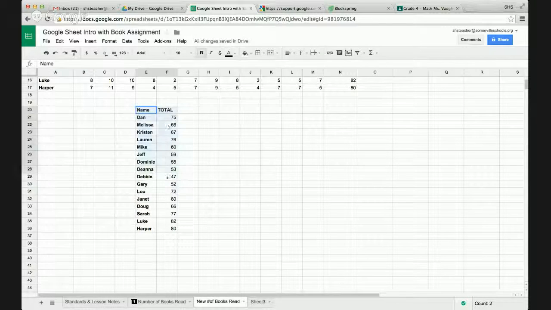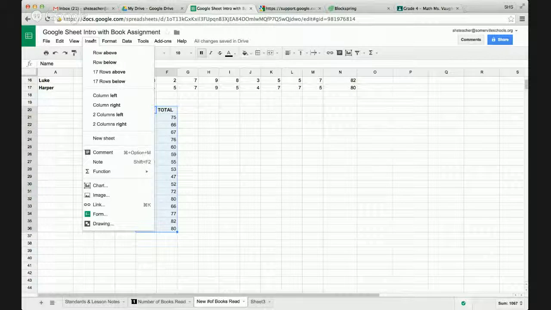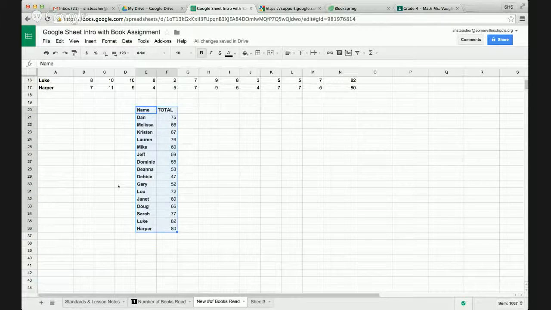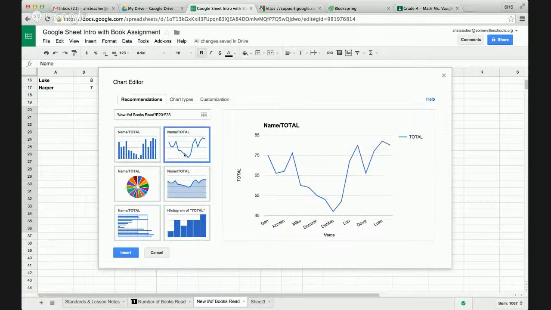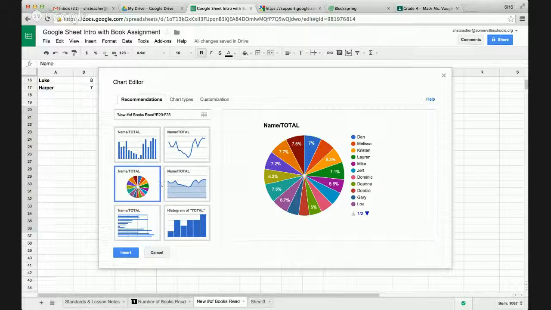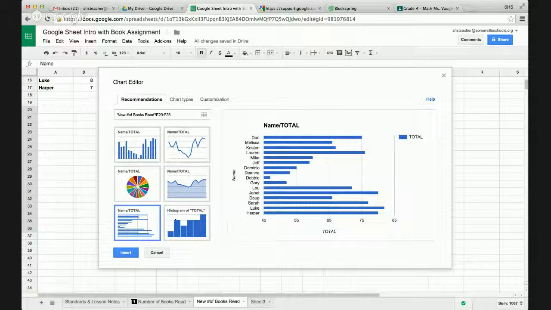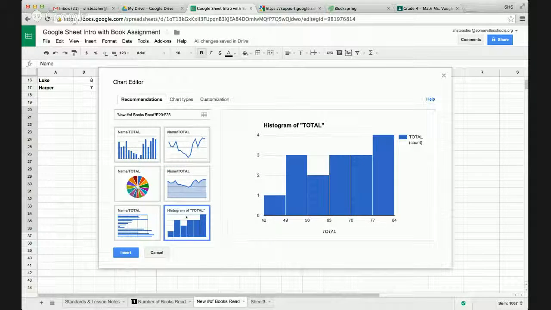So we're going to highlight, pull down, highlight all of our information, go to Insert, Chart, and now we see our different options. Google is automatically going to give you recommendations, or give your students recommendations, of the types of graphs they could choose. But what I'd encourage you to do is have students explore the different types of graphs. Use this as you're going through any type of data collection, data analysis. It's really good for students to take a look at the different ways that it can be represented and to figure out what is the most important way to share it, or what's the most beneficial way to share it